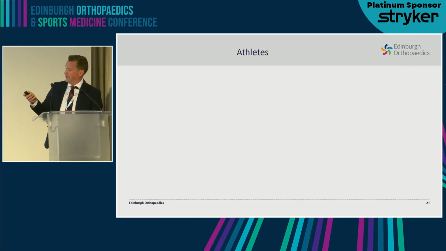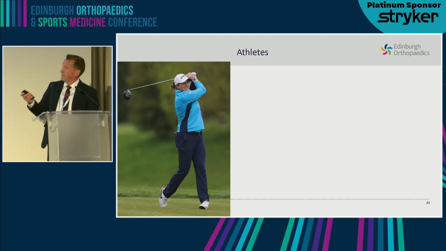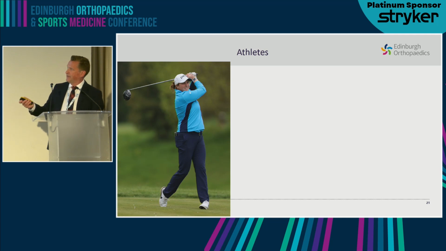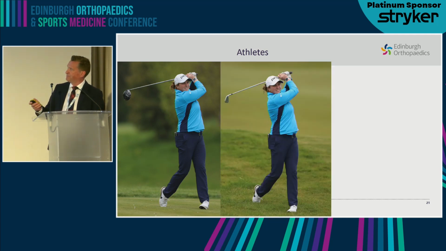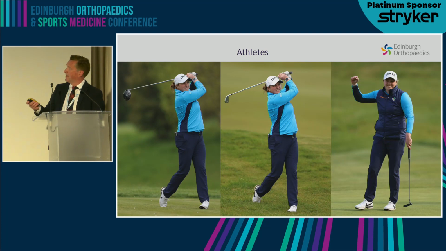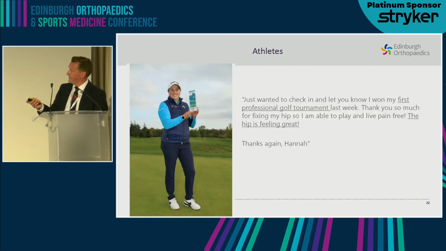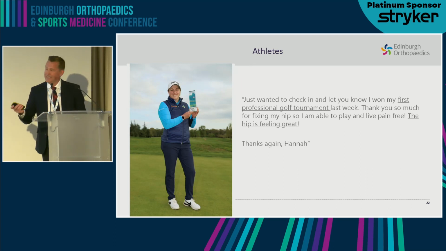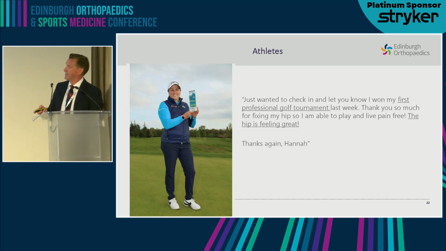And this athlete sent me these pictures just recently, and she had a hip scope on the left side, so the leg that she twists into, there she is with the driver, the iron, the putter, and the raised fist on the 18th green. And she sent me this little thing that I'll just let you read out for yourselves. Apparently this was a new tournament, the Rose Trophy, which is a one-day tournament for ladies organized by Justin Rose